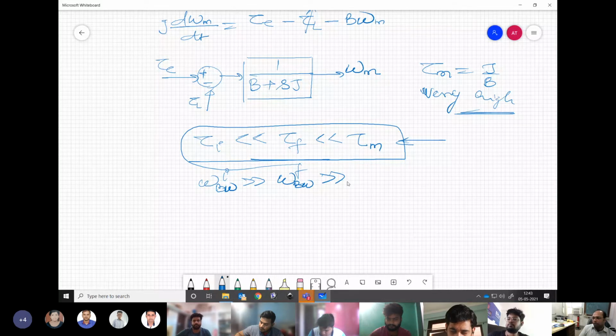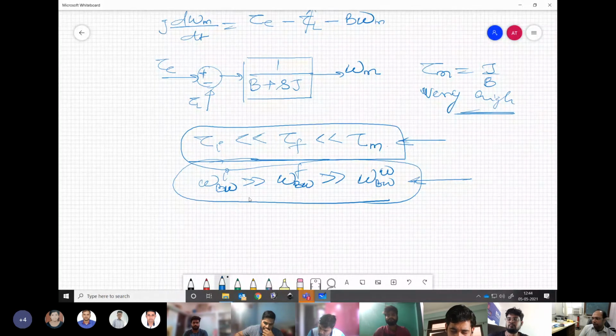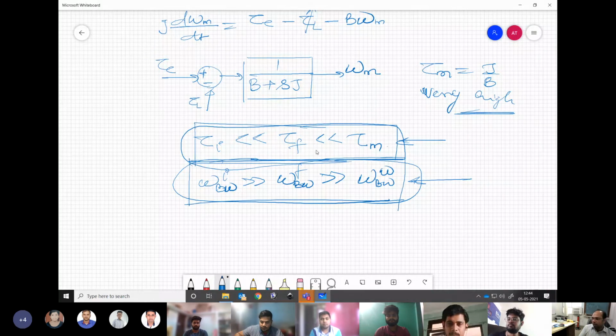You cannot jumble the sequence. Why? You cannot do anything for omega or for the tau m to respond faster than current. It is impractical. Understanding my point? Because the natural time constants of these systems are arranged like this, that is why we follow the control sequence also like this. Is that clear to you? Now you understand why I have made the block diagram like this?